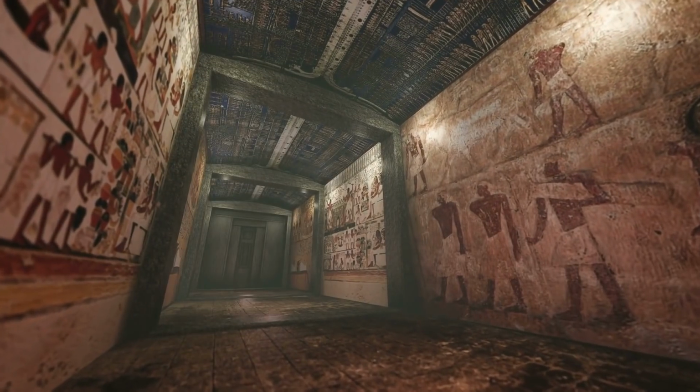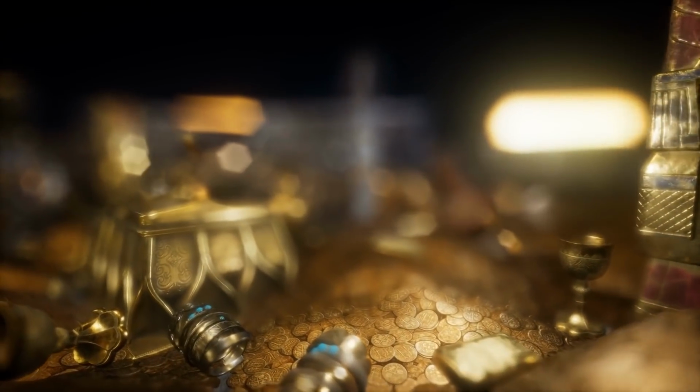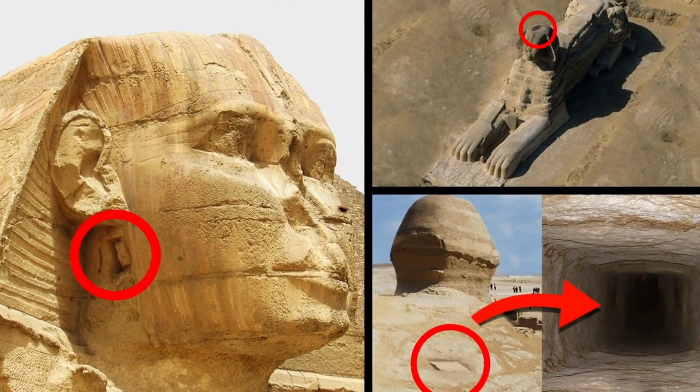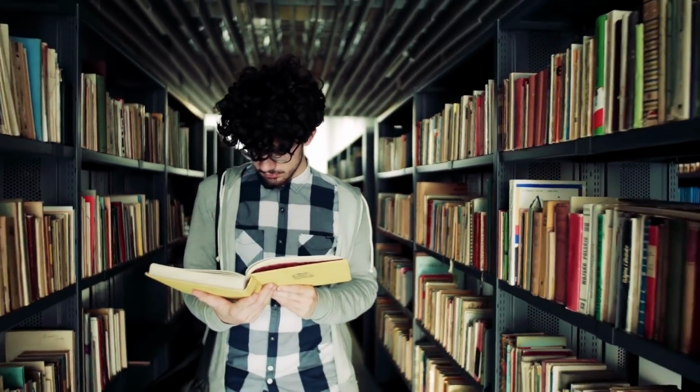For centuries now, rumors have swirled about hidden doors and chambers, treasure hoards, and other suspected secrets hidden inside Egypt's Great Pyramids and the Sphinx of Giza. While some of these theories were probably inspired by tall tales, even archaeologists are interested in getting to the bottom